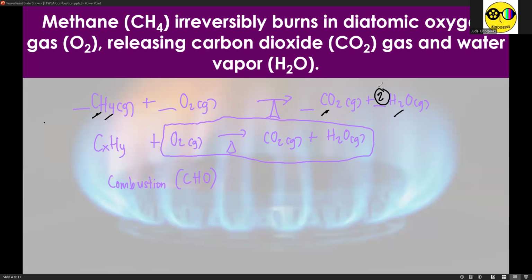For oxygen, it's a different story. So for carbon dioxide, you have two oxygen atoms. And for water, you now have 2 times 1 equals 2 oxygen atoms. So when you add 2 and 2, that will give us 4 in total at the right side. And on the left side, you only have 2. So for 2 to become 4, you have to multiply O2 by 2. At this point, oxygen is now balanced. Therefore, the remaining coefficients for methane and carbon dioxide are 1.